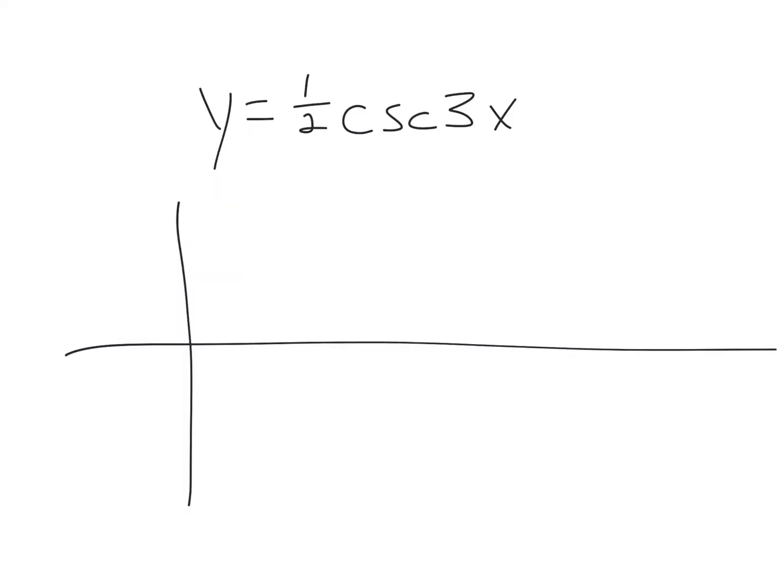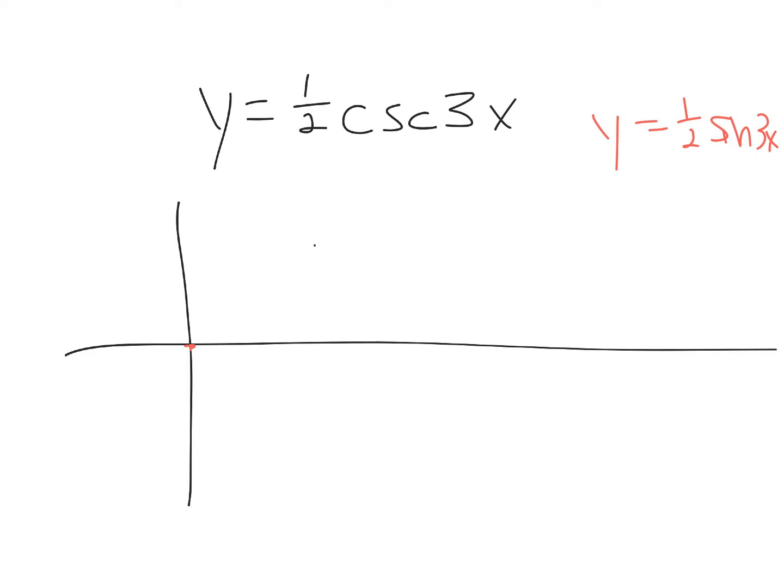So we have y equals 1/2 cosecant of 3x. And in order to graph this most accurately, the best way to go about this is to start off by graphing y equals 1/2 of its reciprocal, which is sine. Okay? So 1/2 sine of 3x. We'll start at 0, 0 like we would. And then from there,